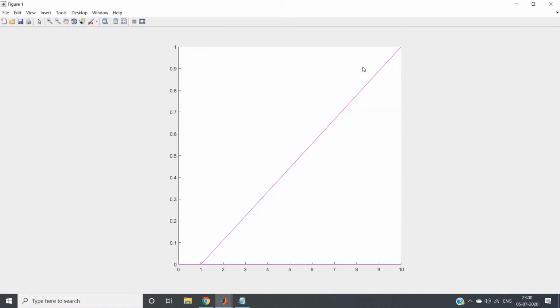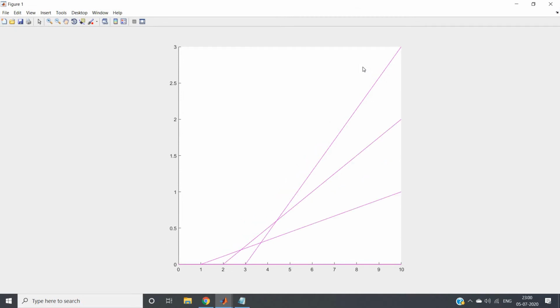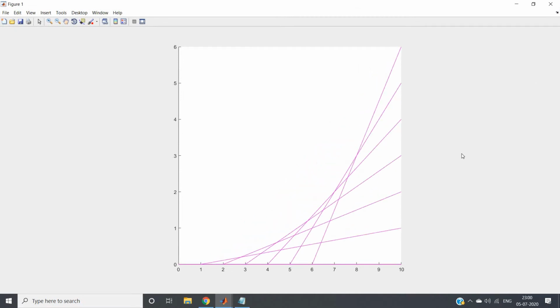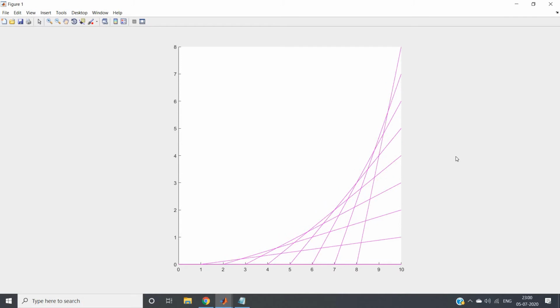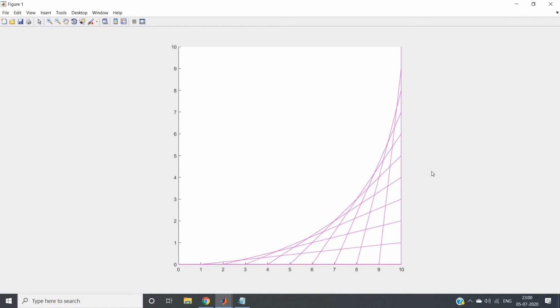You can see in the figure window only straight lines are plotted, one at a time. Just consider the inner surface of this figure. The complete figure you have just seen in the animation is formed using only straight lines, but if you consider the inner surface, it looks completely like one curved shape. So how is this happening? This is just one kind of illusion, you can say.